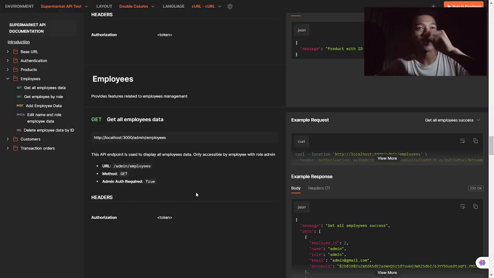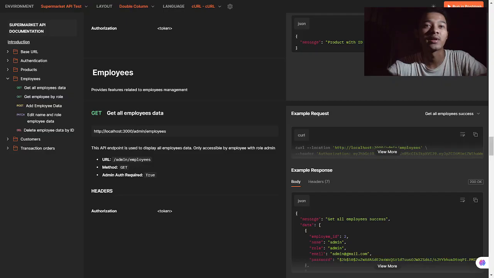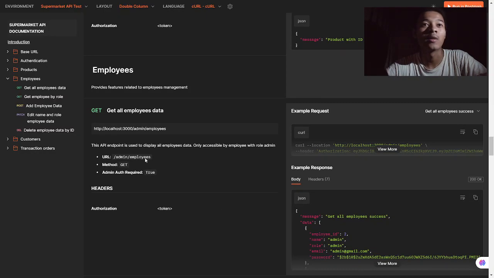Maybe here I will just demonstrate a sample of the endpoints, not all of them, because the duration is already high. So let's try.